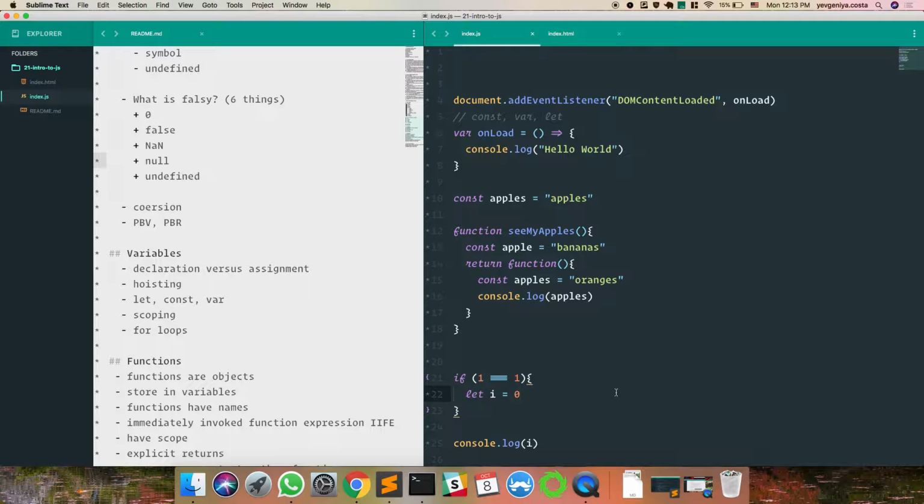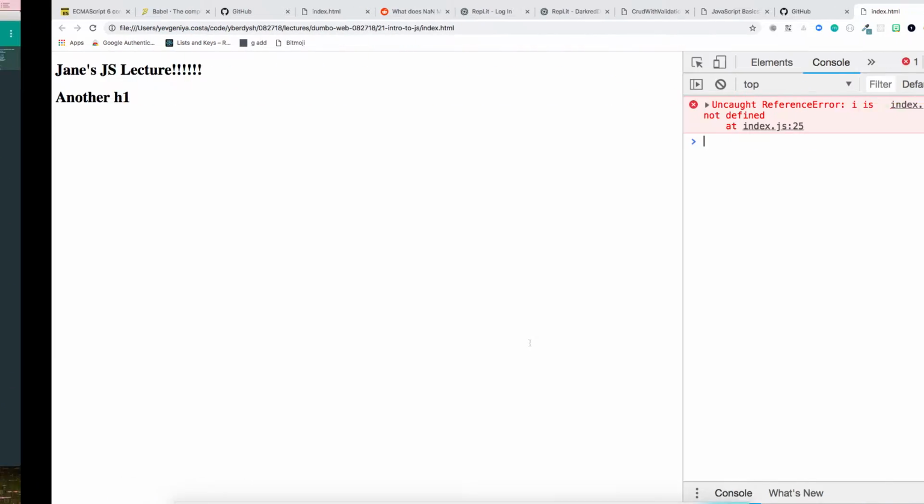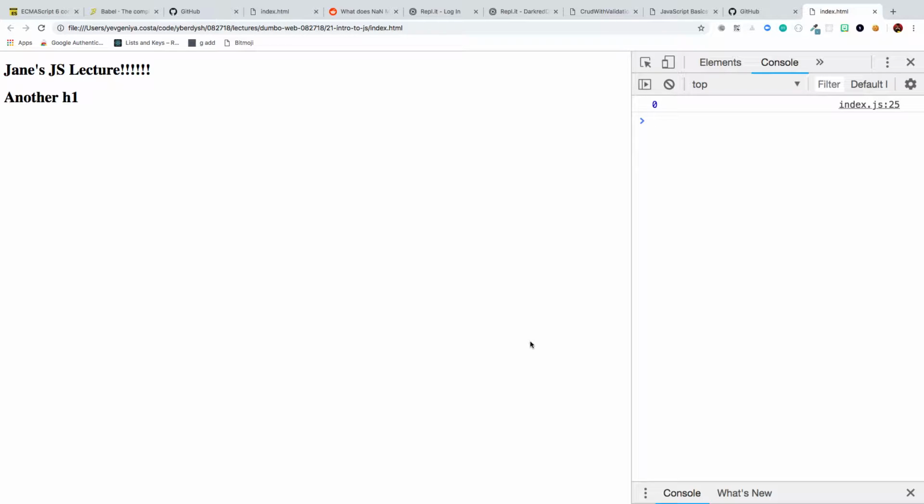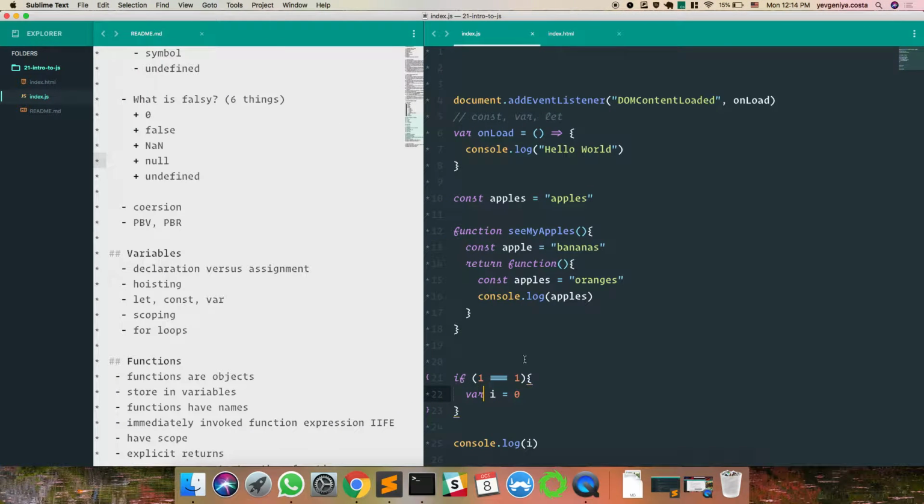Yes, this is another subtle difference between var, let, and const. So in the new ES6 syntax, let and const are block scoped. So blocks are things that are inside curlies. So inside if statements, or maybe for loops, if you put something with let in a block, you cannot access it outside of a block. Same thing with const. If I were to use the word const here, I would have the same error. But with var, this is no problem. So it's a subtle difference to keep in mind.